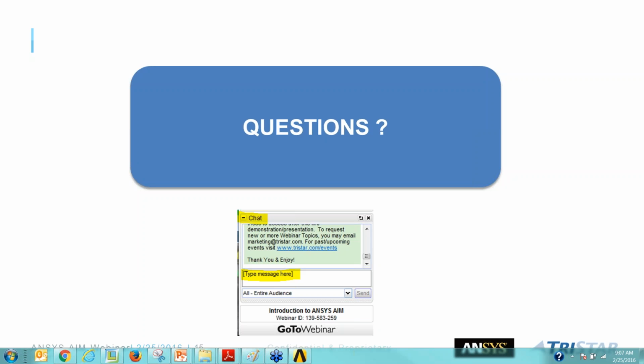Non-linear materials are not yet supported in AIM. Linear materials are supported as of 17.0. Okay, there's a question. Could you please detail what is possible in comparison with Creo Simulate fatigue analysis for non-linear materials? Now,